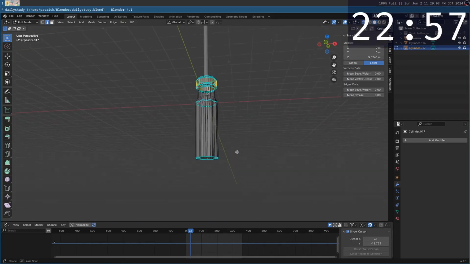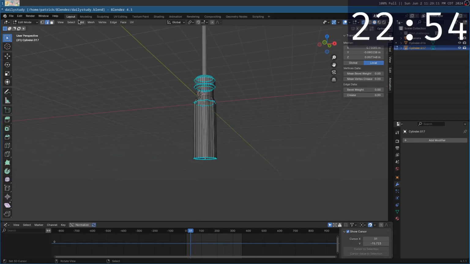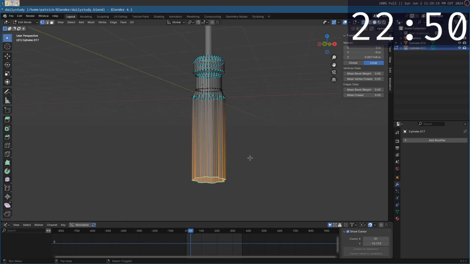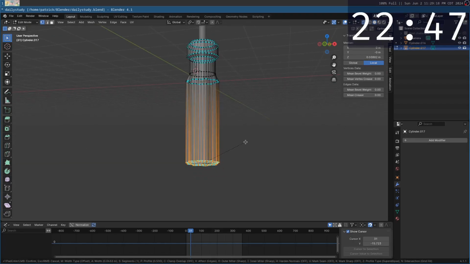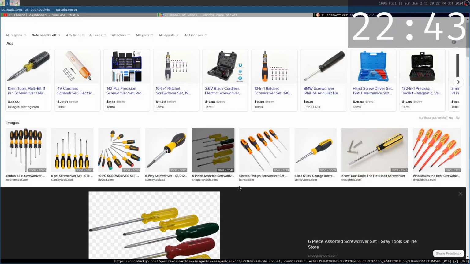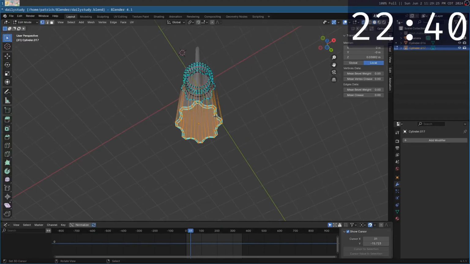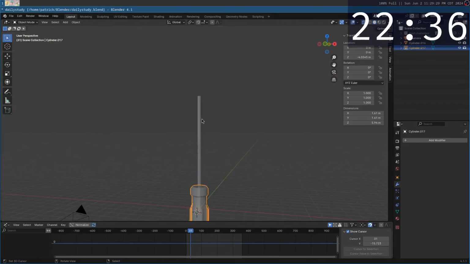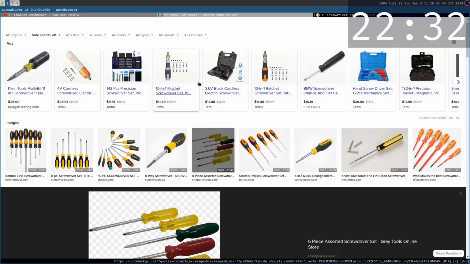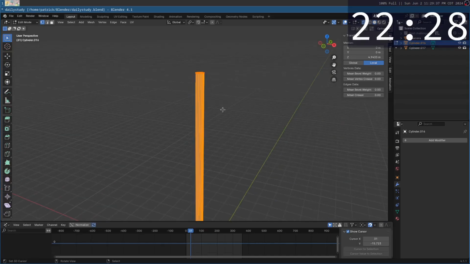The last thing I'll want to do is add in, that's not how I want it. Go to vert select this, and I'll just add in a bit of a bevel downstairs. And if that ain't a tool, I don't know what is, to be honest. Okay, we can hop into modeling the tool end, where I think I want to make a flathead screwdriver, so